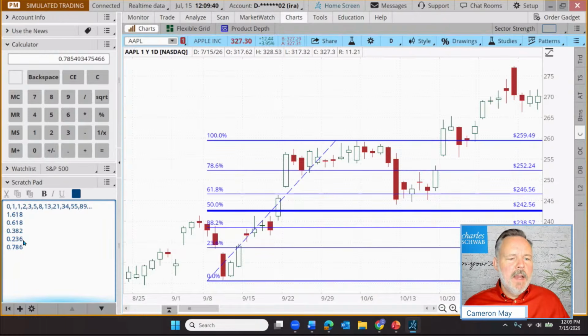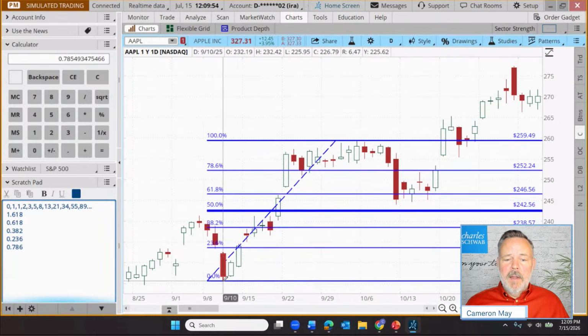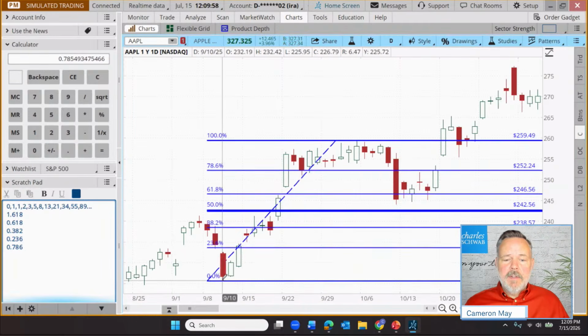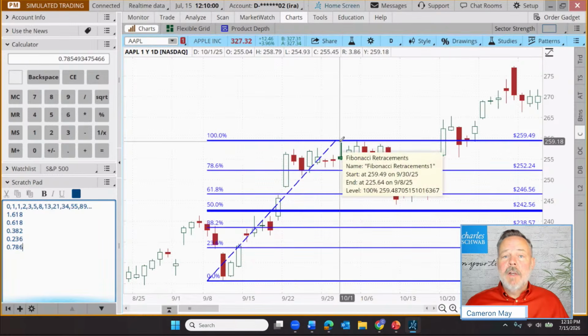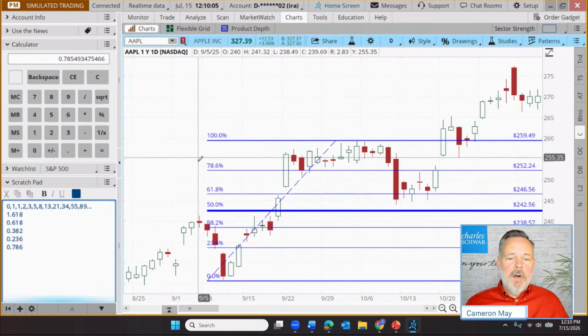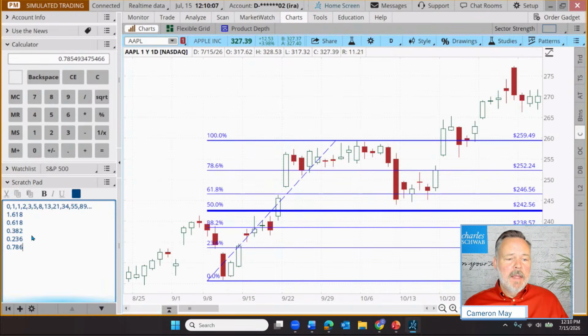Anyway, so there are Fibonacci ratio numbers, but you'll notice there are 3 other mystery numbers that are not considered to be Fibonacci numbers. They're just more a description of the line that we've drawn here. So in this case, I've drawn a line from this low to that high. So this is where it started. We start at 0, we progress to 100, and then the halfway point is 50. So that's it. That is where all of our lines come from. They come from this sequence of numbers and this series of ratios.